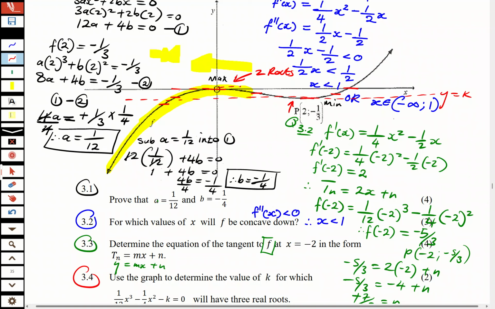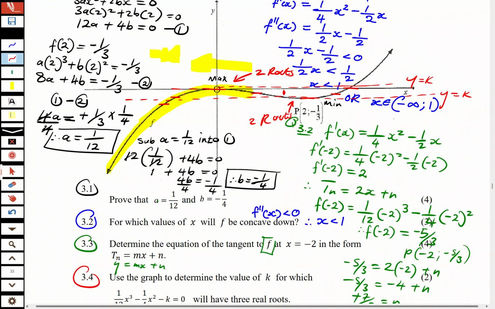At the maximum, it gives us two roots, and also here two roots. But when k is between the maximum and the minimum, just in between there,